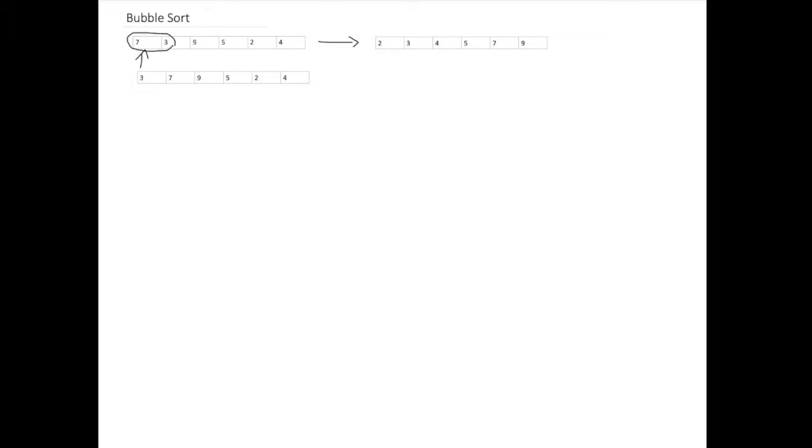And then we will move the pointer to the next location. The next step, we will compare 7 and 9. Now there is no change because 7 is less than 9, so we don't have to make any changes here, so no swapping. So we'll move the pointer to the next location. And then we will compare 9 and 5. Now we have to swap because 9 is larger than 5, so we have to push 9 towards the end of the list. So the list would change now